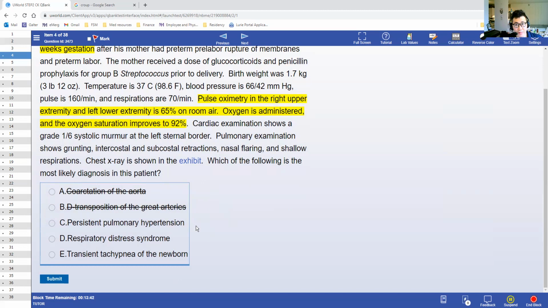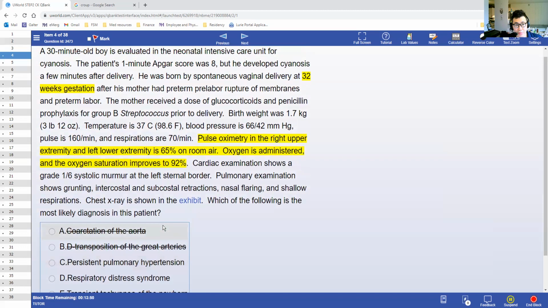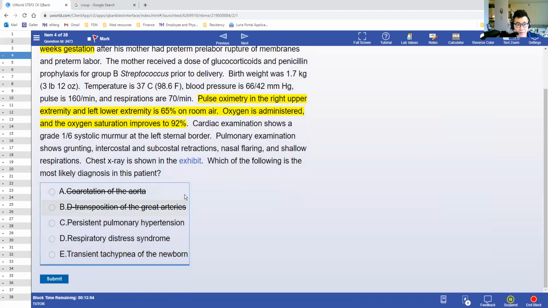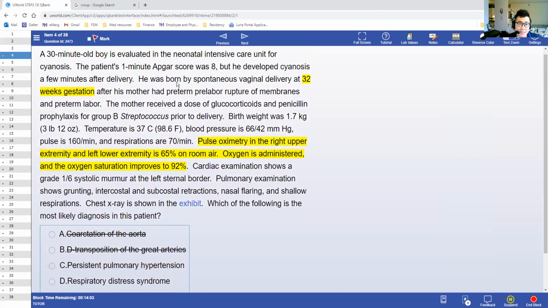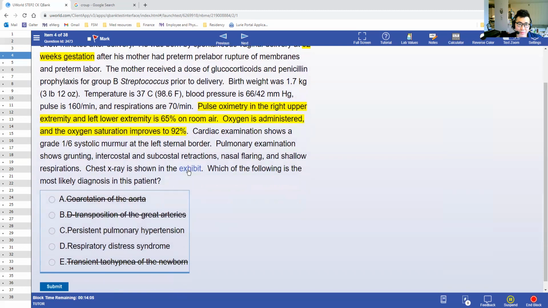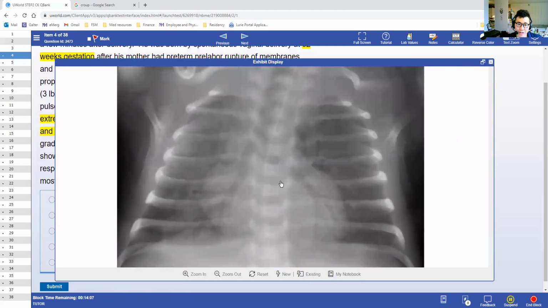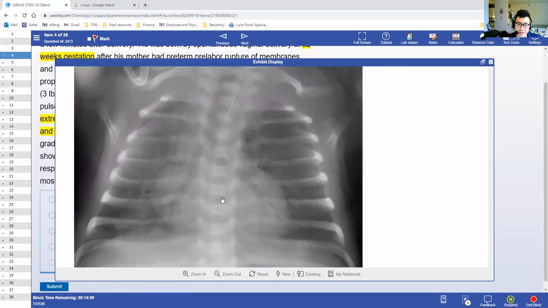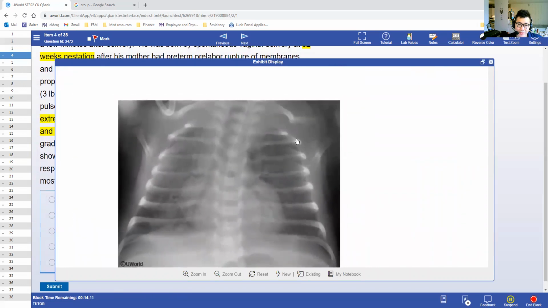Respiratory distress syndrome, I can kind of see that. Persistent pulmonary hypertension, I can kind of see that too. He developed cyanosis a few minutes after delivery, so yeah, I can see that. Transient tachypnea of the newborn, no, this is not it. You wouldn't have those desats. I don't think he's young enough for NRDS, quite frankly, and given that they pulled all the stops on him, this doesn't look too bad. So I don't think it's